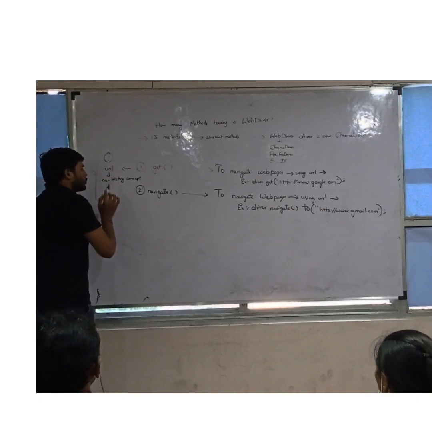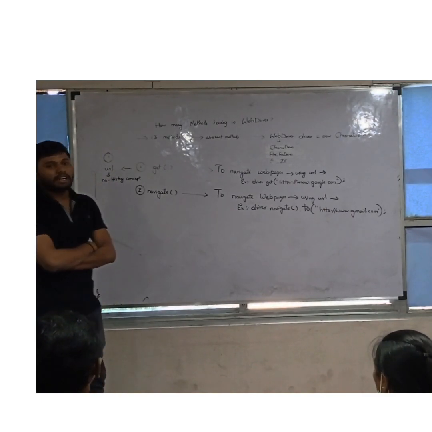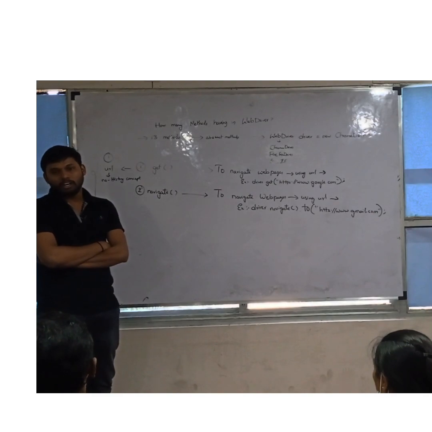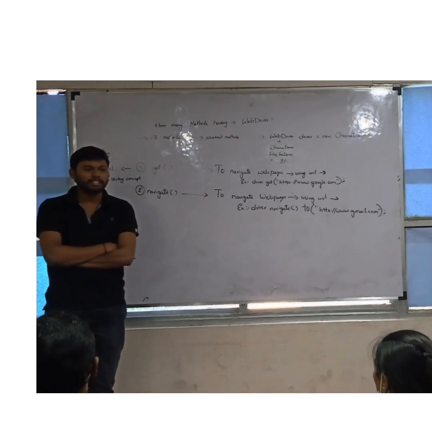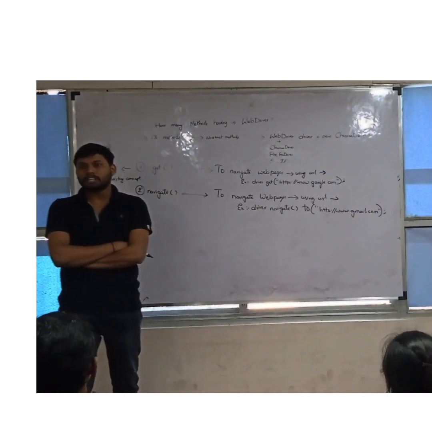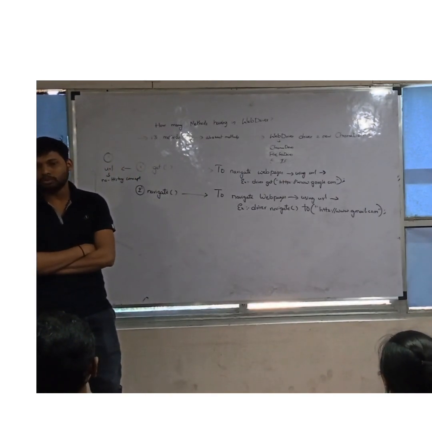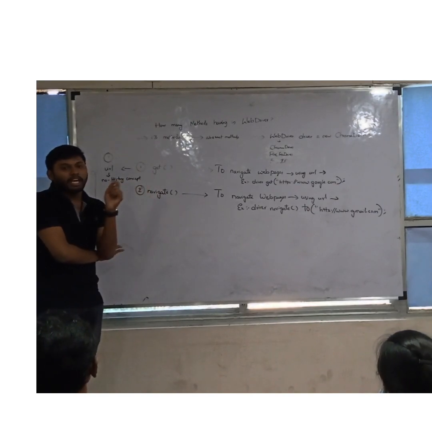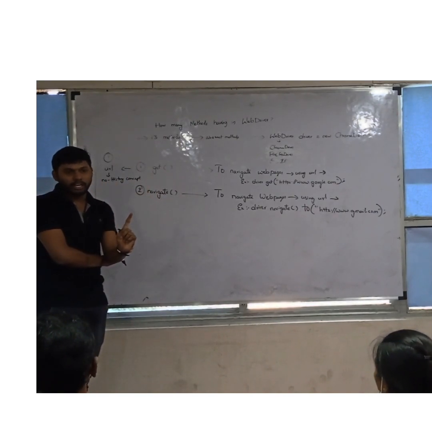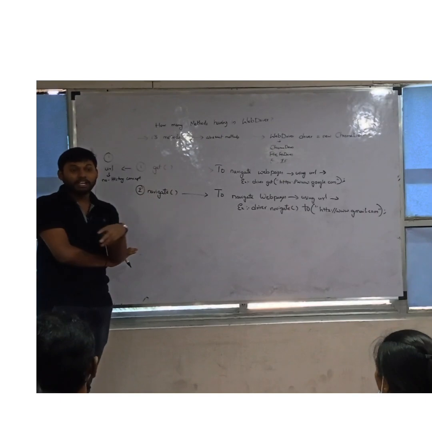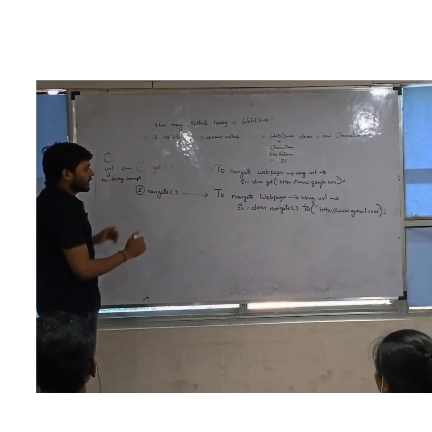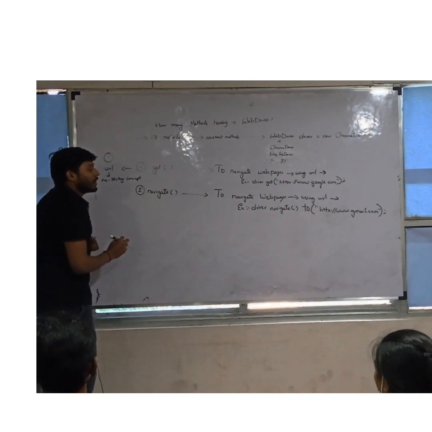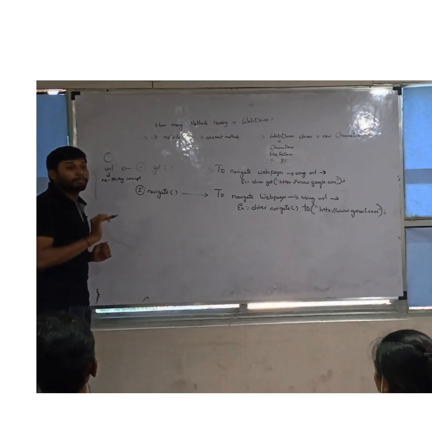Mainly, there is an interview question: what are the methods to open a URL? We need to say in Selenium they have two methods. One is the get method and the second is the navigate method. Both methods are used for navigating URLs. What is the difference? Get opens only one URL at a time, but navigate has backward, forward and refresh options. This is the difference.